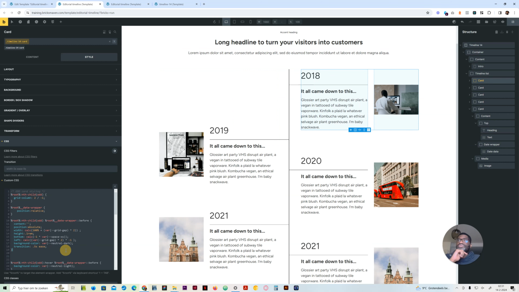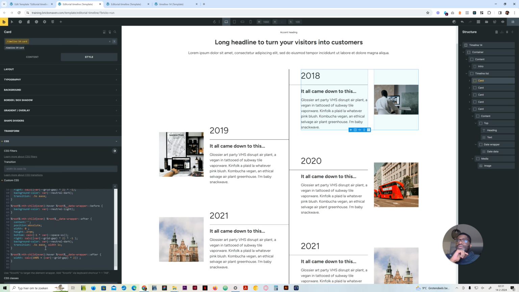So let's go back to our styling, and here we'll just add a media query, max width is 991 pixels, and this is where we want to say that